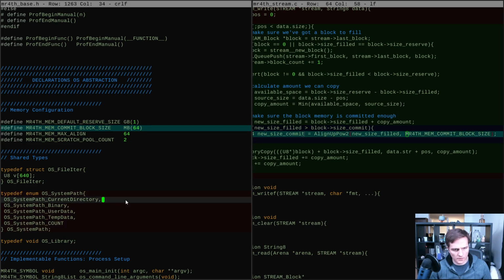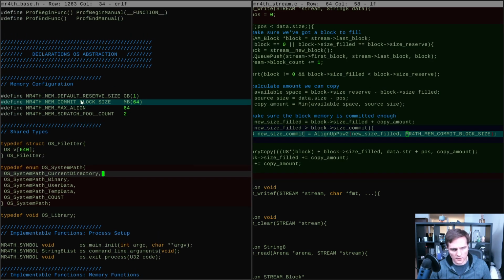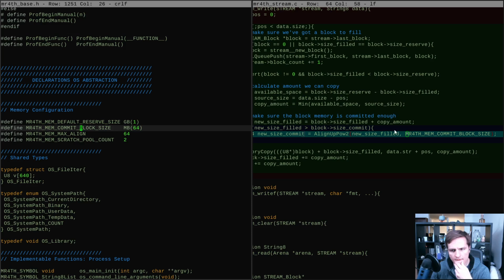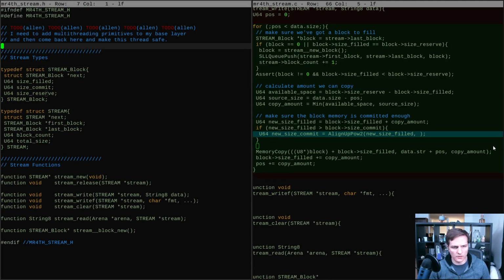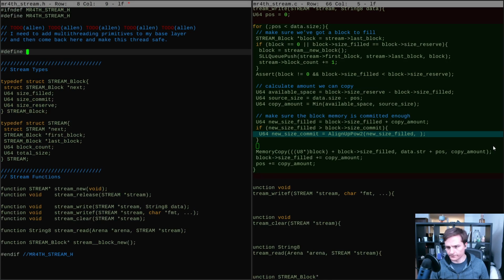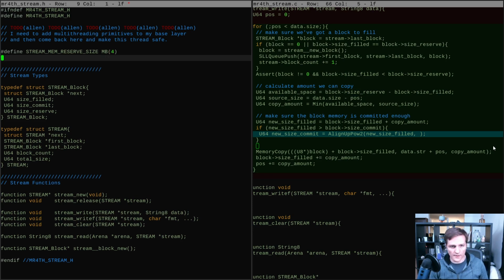Well, is that really? This is very much about, I don't know if I want to commit 64 blocks at a time. I can commit less than that. I'm going to just set up new macros for this one to tune it up myself, I guess. So for reserve size, I think we should grab like 4 megabytes at a time. And for commit size,